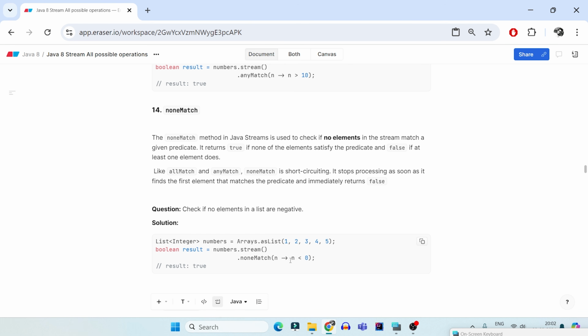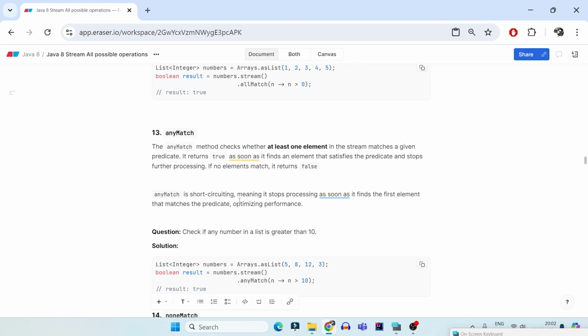Return false because this is failing now. Because one of the elements was matching less than 0, it returns you false. So noneMatch is also a short circuiting operator. It stops as soon as it finds the first element that matches the predicate and immediately returns false. This is completely opposite to what we have in anyMatch.